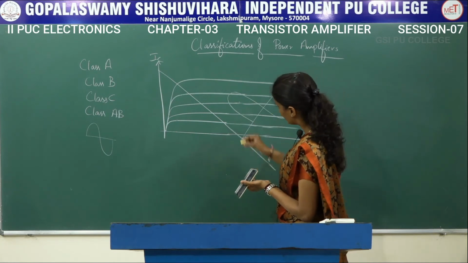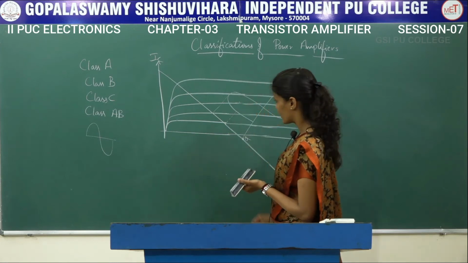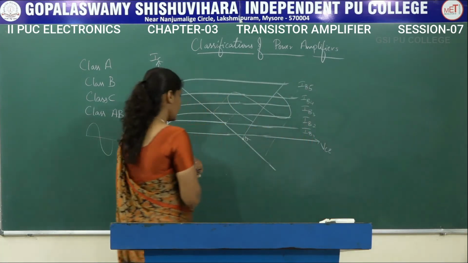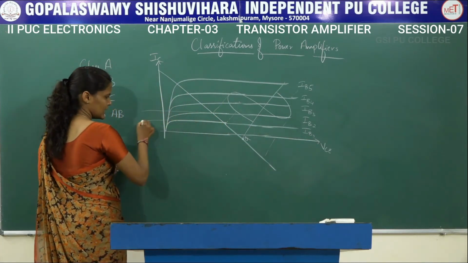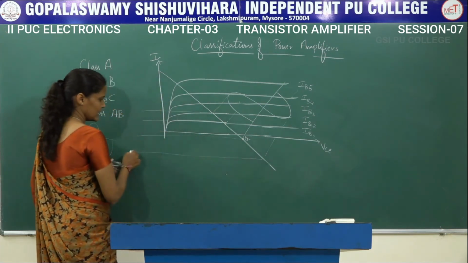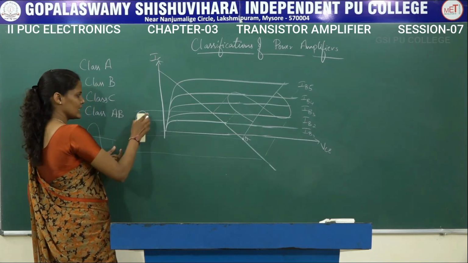The input signal has to be traced, but here the cutoff region comes here itself and the output signal will be here. If I draw a graph, here I have the cutoff region, the Q point here and another line here, but only until the cutoff region is reached